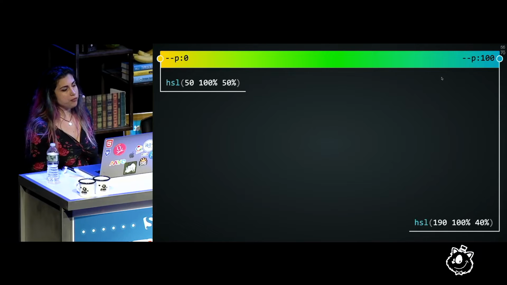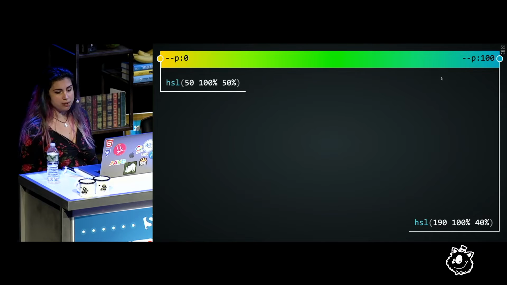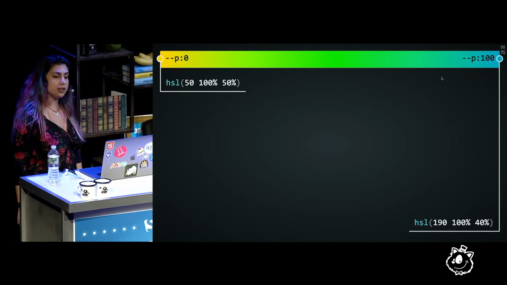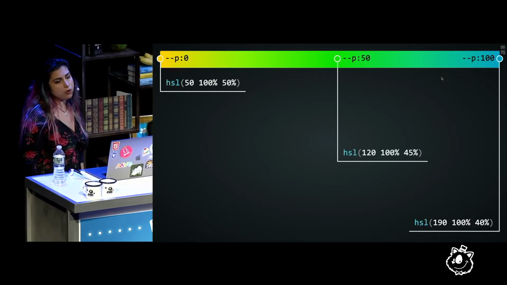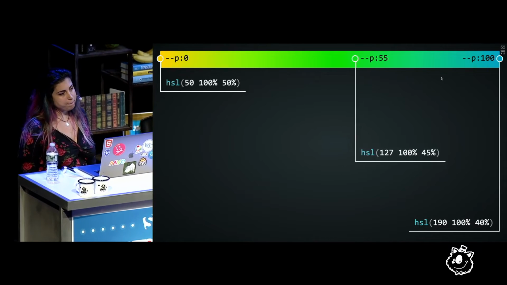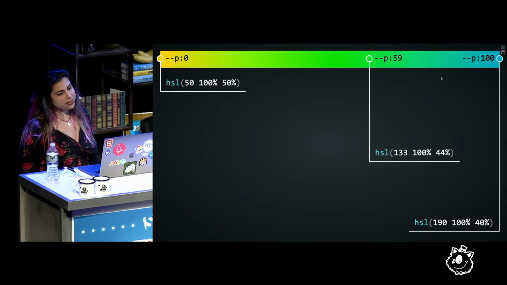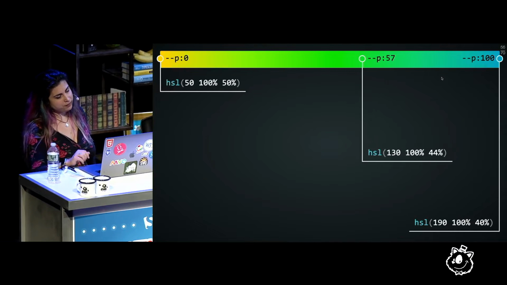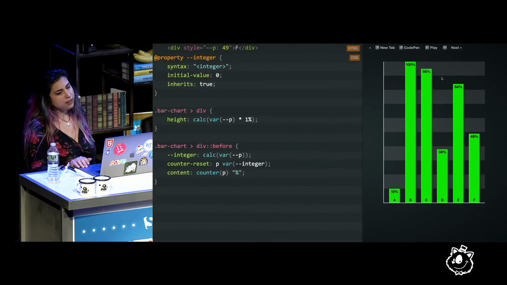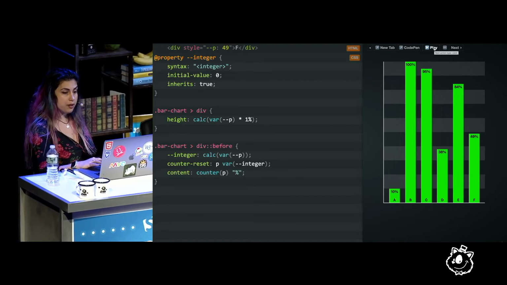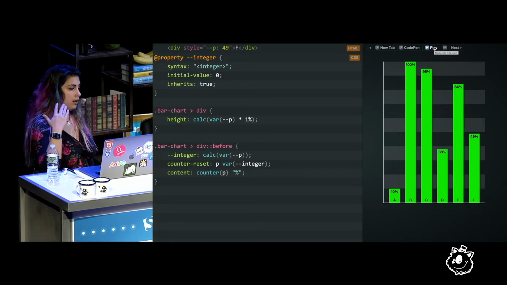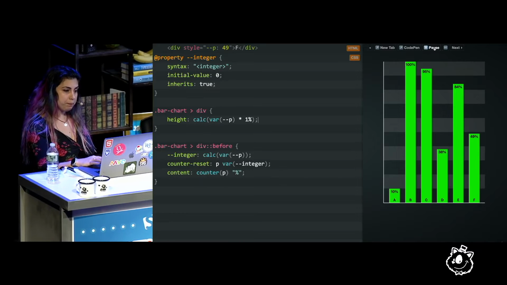And the last piece of the puzzle to finish our bar chart is the color of the bar, which is now fixed. Instead, we want the color to depend on the actual value of p. So how can we do that? The trick is to use separate variables for each component of the color in HSL, and then define these variables as a function of p.